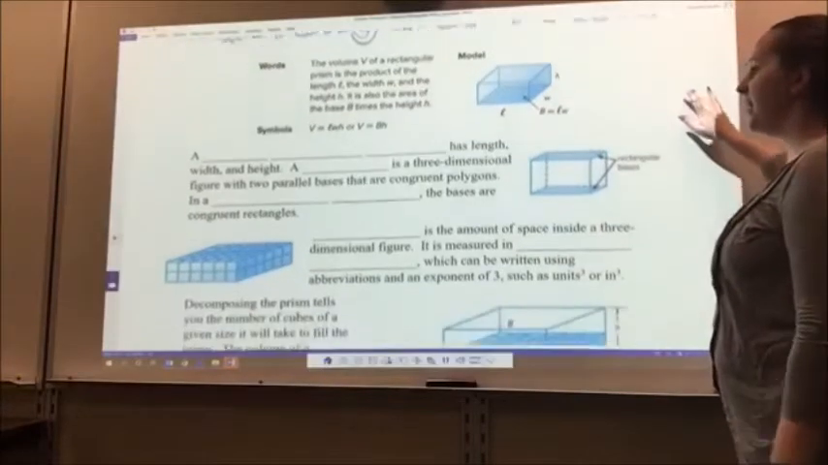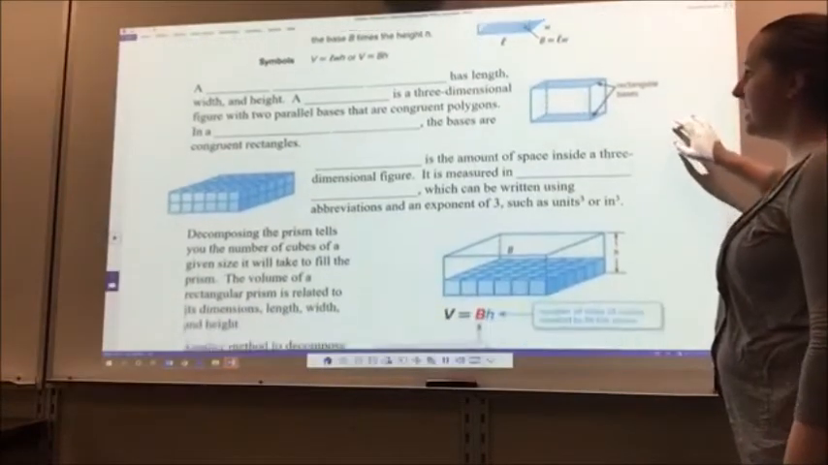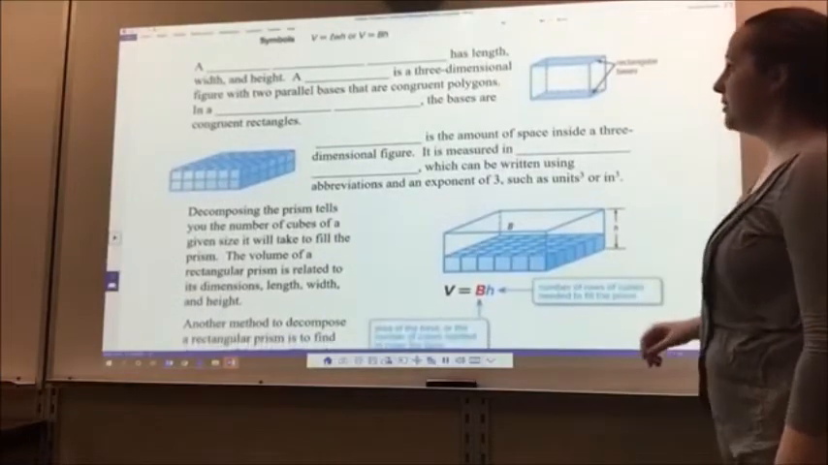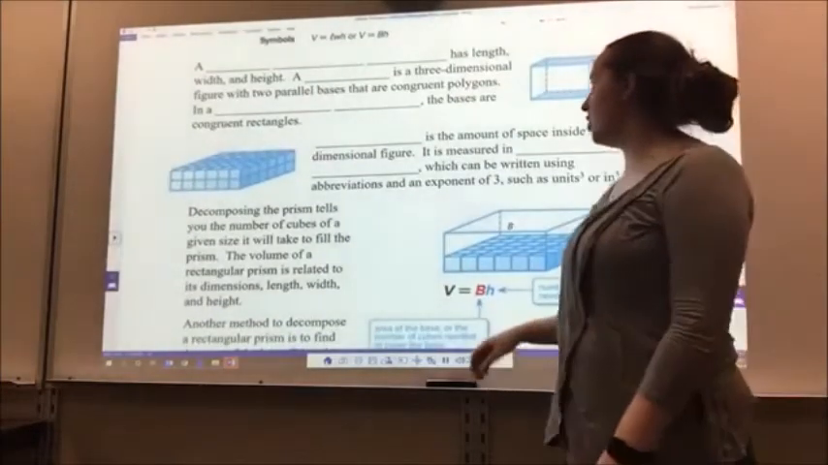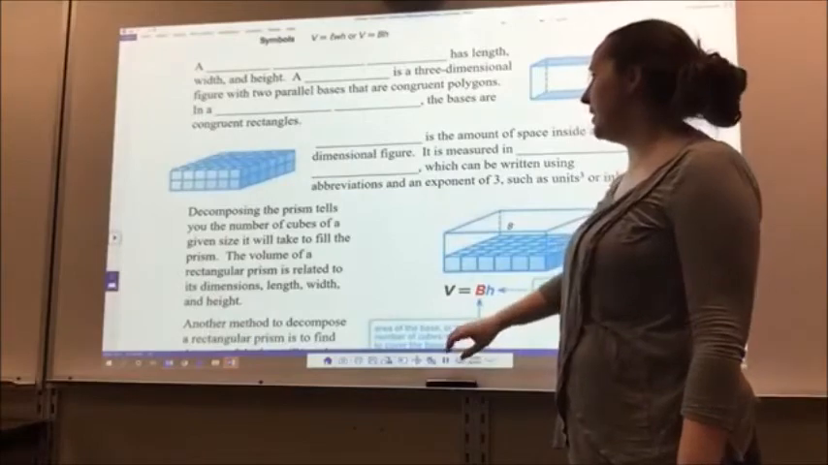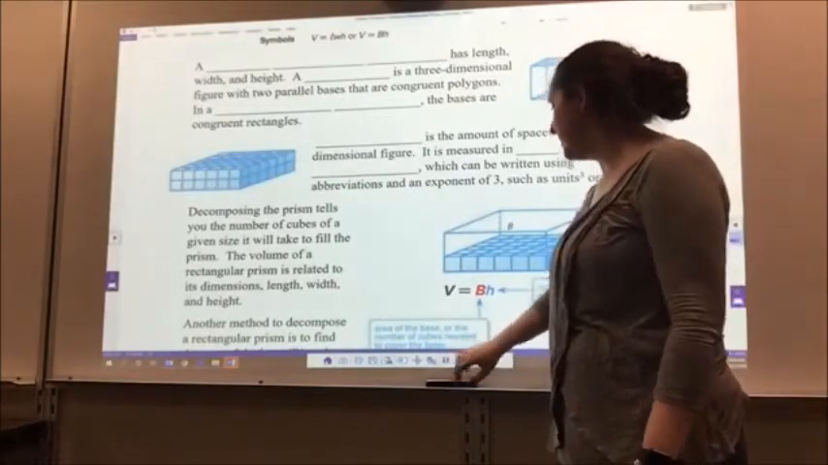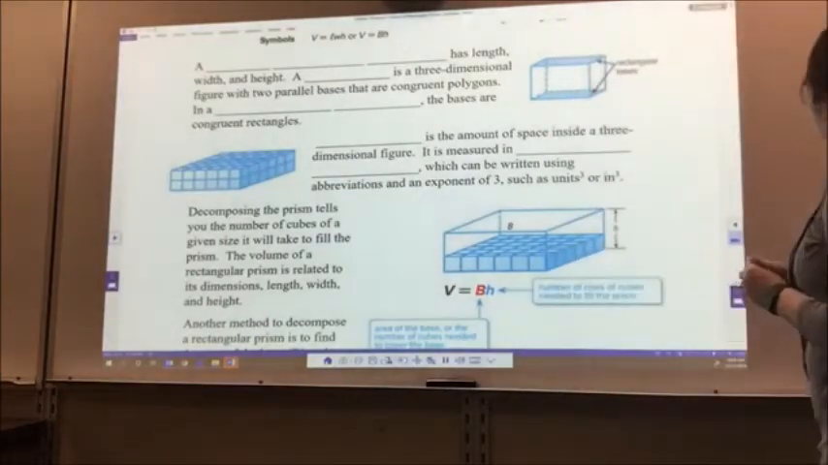So a blank, blank, blank has length, width, and height. A blank is a three-dimensional figure with two parallel bases that are congruent polygons. In a blank blank, the bases are congruent rectangles. So in those blanks, you're going to write